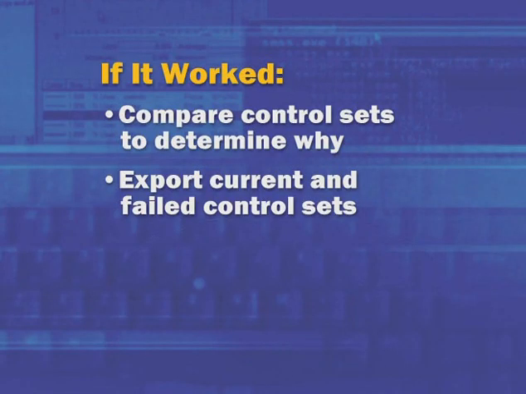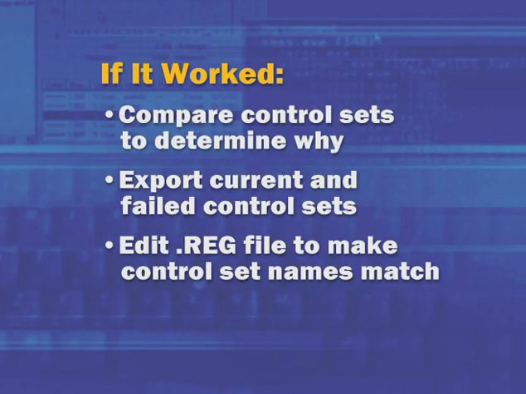What you can do to find out what the difference is, is export using regedit the failed control set and the current control set, once you've got the system booted, to .reg files, and load them into a text editor. I recommend avoiding Notepad, and doing a global search and replace of the part of the registry key names that are different. So you would want to change CurrentControlSet to ControlSet00N, wherever N matches the failed control set. Then use a simple file comparison utility or text comparison utility to see what the changes might be.